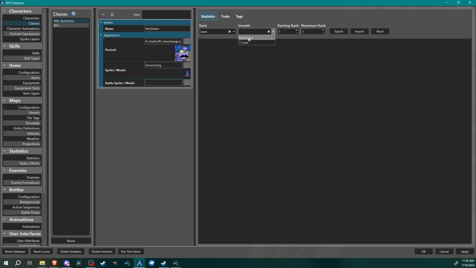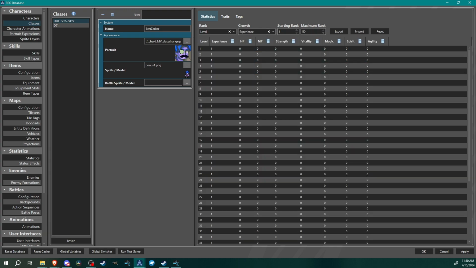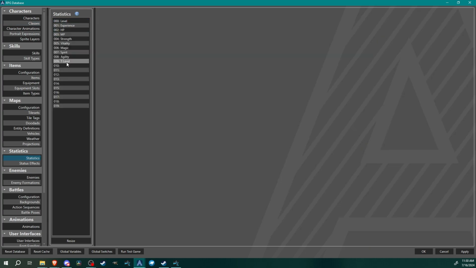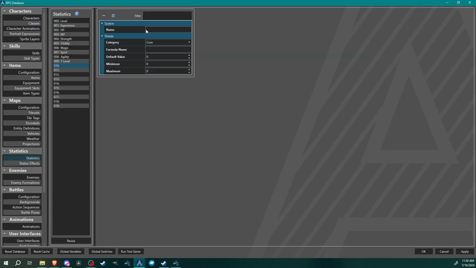So you could set it to your regular level and experience stats, but there is an issue with that. I will show you. What we really want to do is create a new statistic. Come over here to statistics. Click this empty one here. I'm going to call this class level. We're going to set it to rank. We're going to give it a formula name. I'm going to use